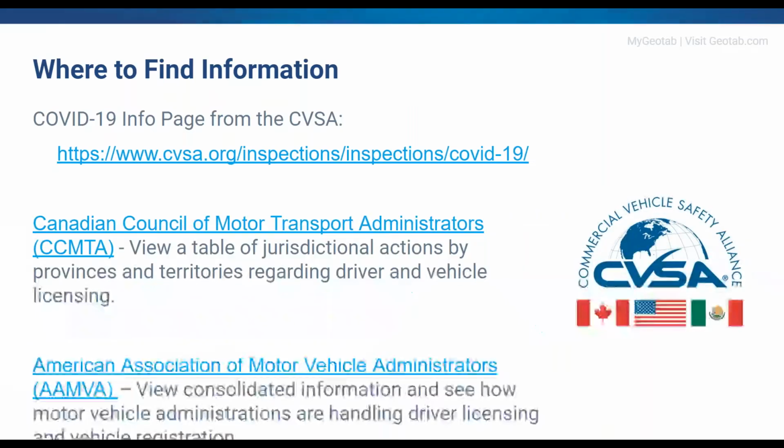But what I wanted to show is something from the CVSA. So we're a member of the CVSA. I'm sure lots of people are also members of the CVSA, but they have actually generously created a web page, and it's not part of their membership. So it's a public website inside of their website that has over 30 links to different things that might come in handy for you. So I'm actually going to click on it here and show it off a little bit.